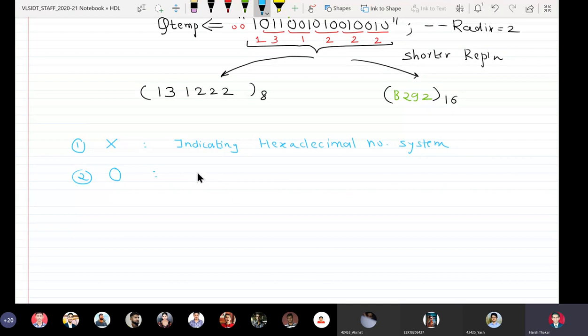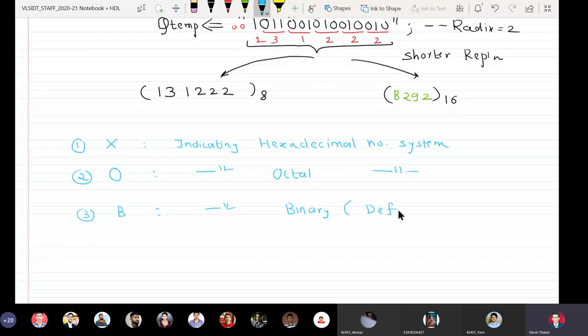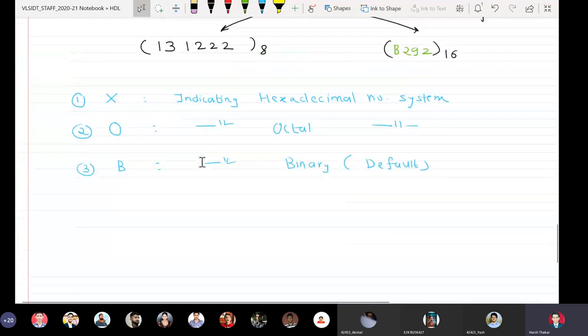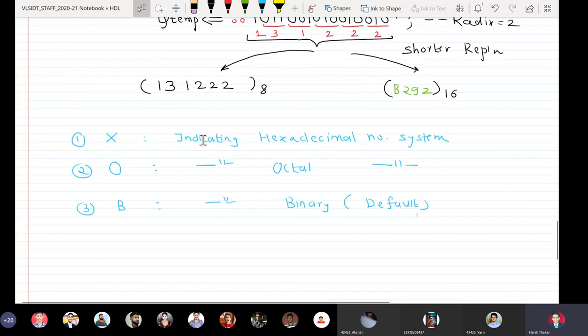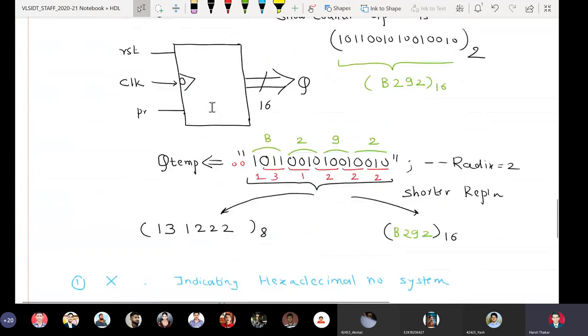O is for indicating the octal number system, and the alphabet B represents binary. It is the default. So if you do not use the literal binary, the little b, it is understood. Now the question comes: X is for hexadecimal, O is for octal and B is for binary. How to use it? How do I represent this particular thing?